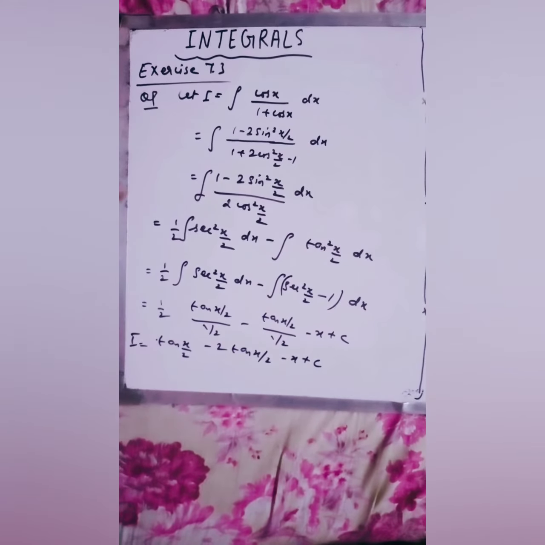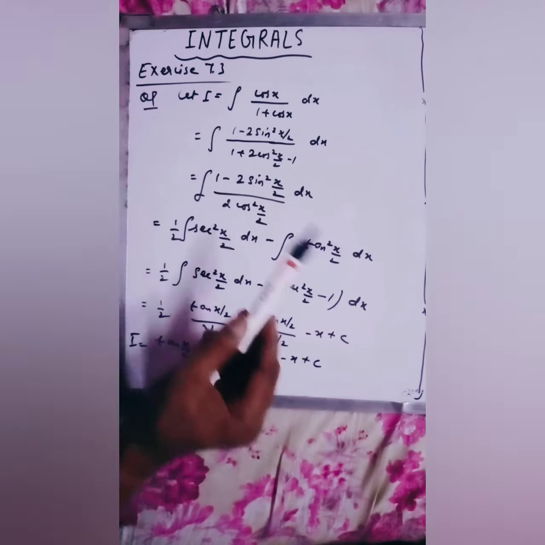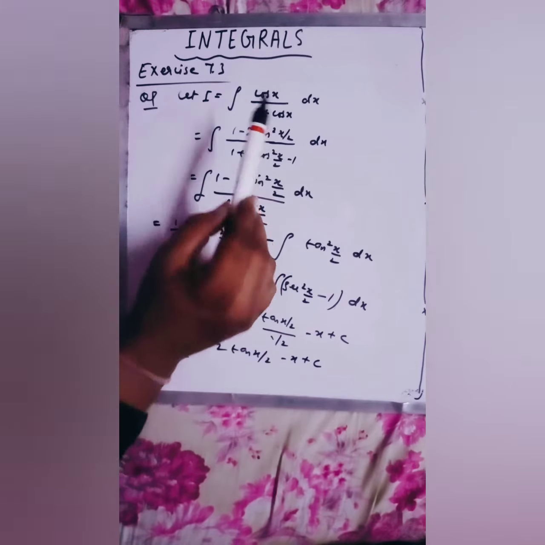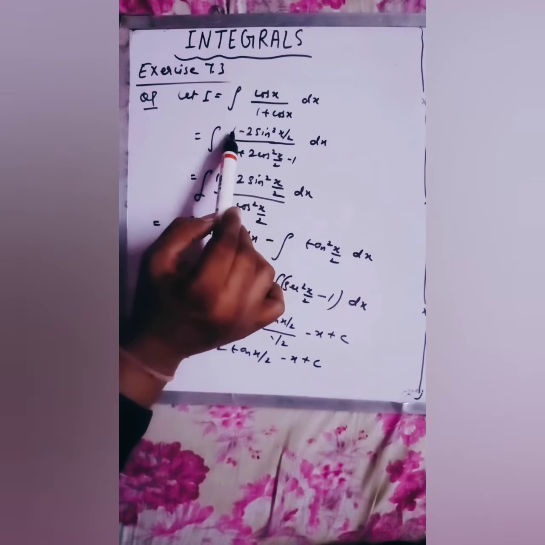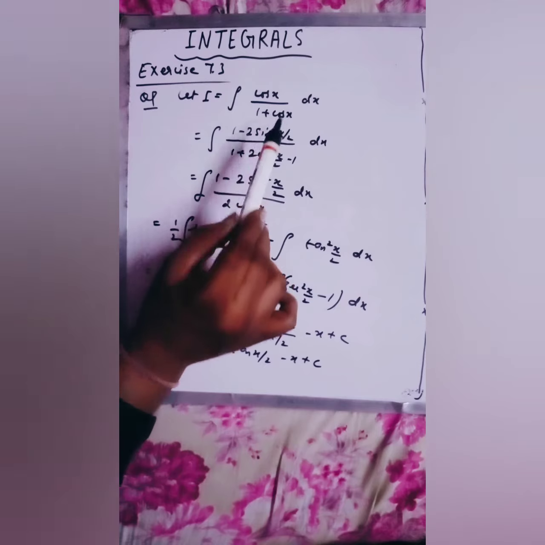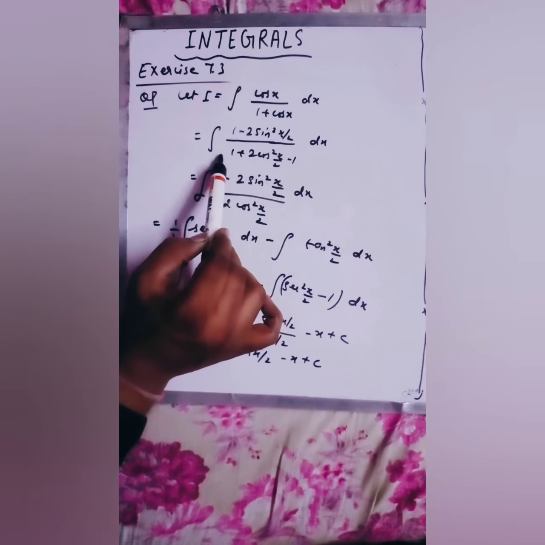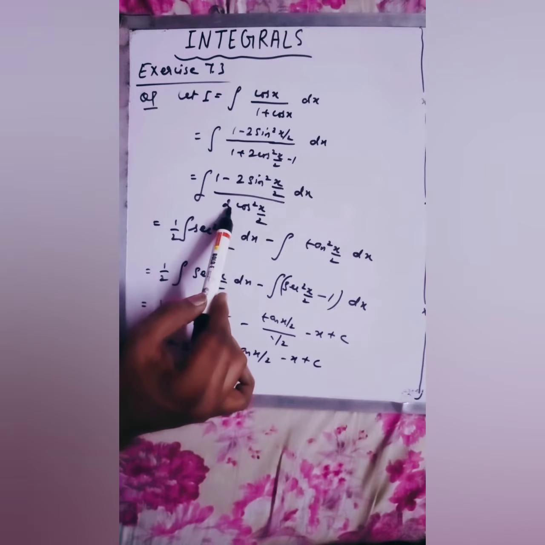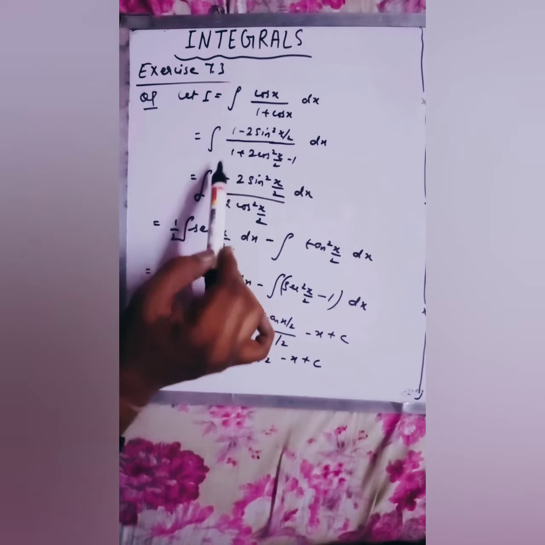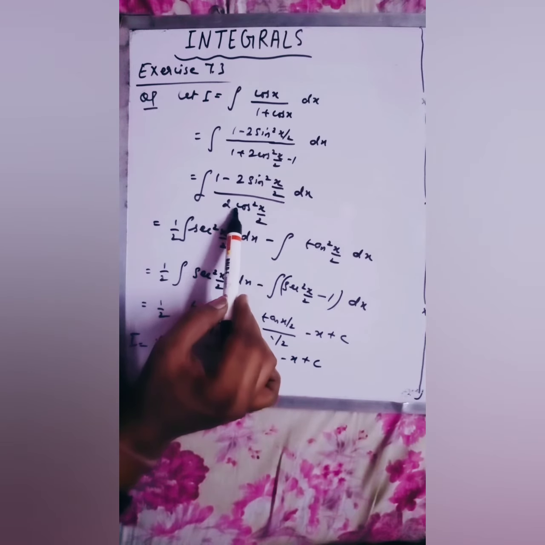See, this is your question number 9. Here the integral of cos x over 1 plus cos x is given to us. In place of this cos x in the numerator, I'm writing 1 minus 2 sin square x by 2, as we have done in the previous question, question number 8. Similarly, in the denominator, in place of cos x, I'm putting this formula 2 cos square x by 2 minus 1. So this minus 1 and 1 will cancel out. In the denominator you will get 2 cos square x by 2, and in the numerator the same term you have to copy. Now we have to separate the terms.